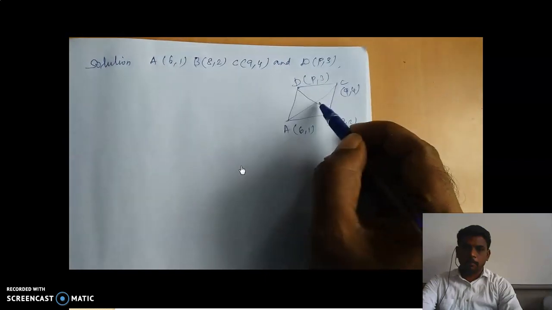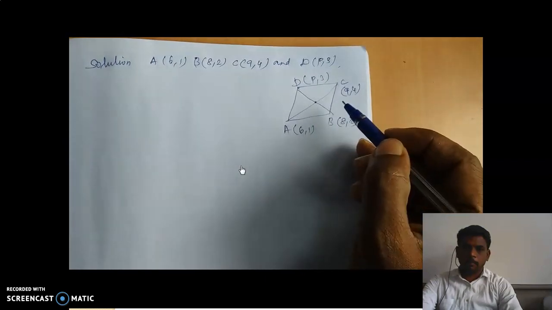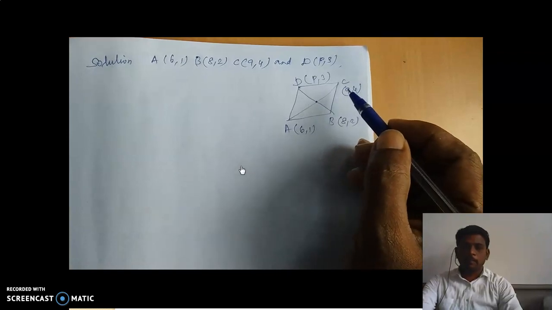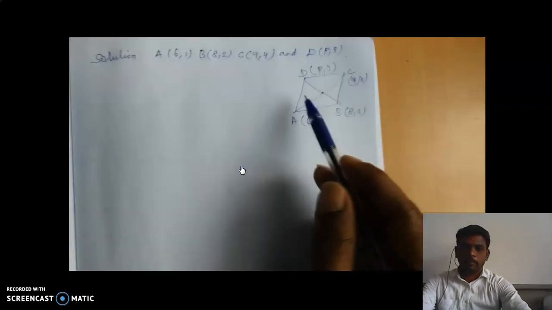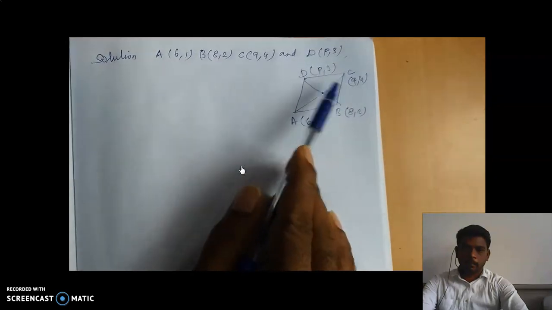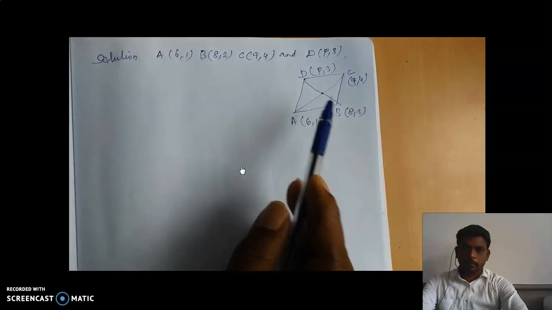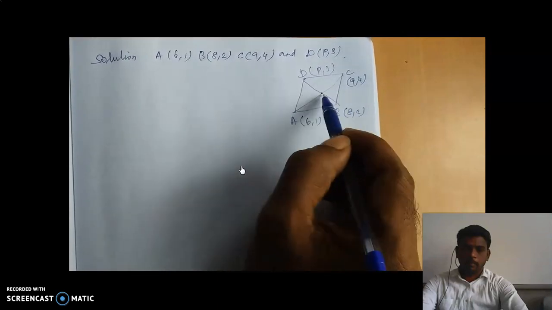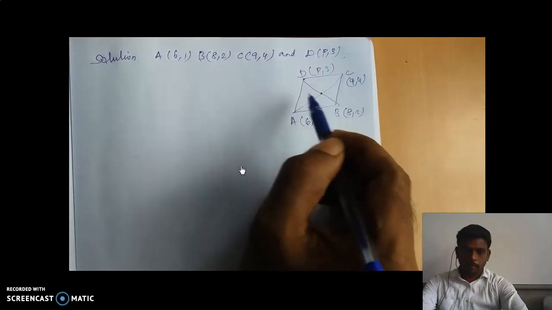In the diagonal property, it is the midpoint definitely, because the diagonals of the parallelogram bisect each other. So with the help of this property only we are going to find out the value of P here. So actually this is a midpoint. Diagonals bisect each other means there is a common midpoint of both of the diagonals.